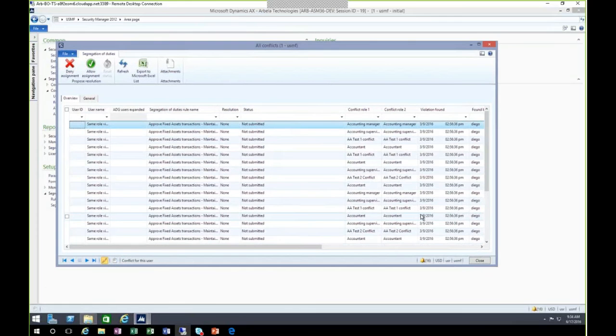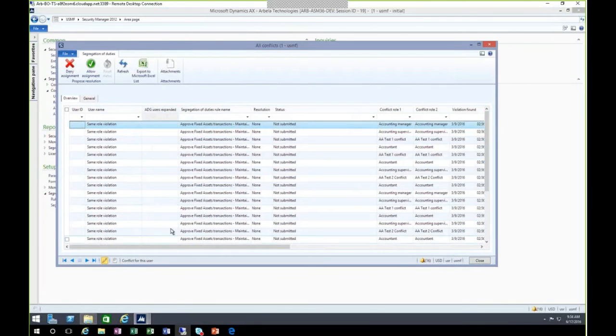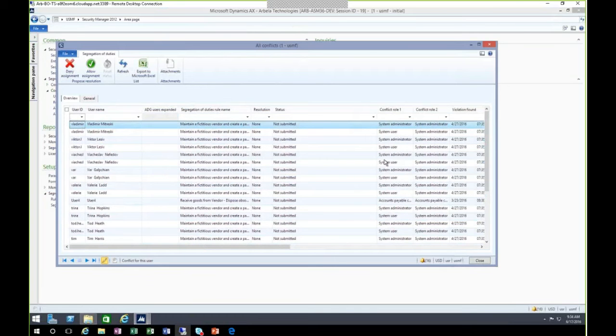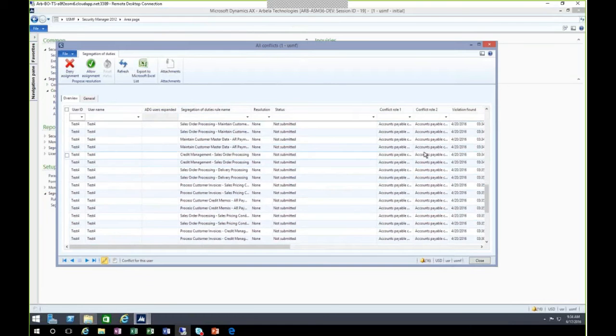So once we have our conflicts, we have various choices. Our choices can be, if we found a user role assignment that should not occur, such as an AP clerk, or an accountant versus an accounting supervisor, let's say I say, you know what, I actually want to allow the assignment.